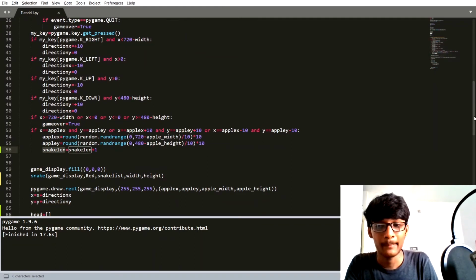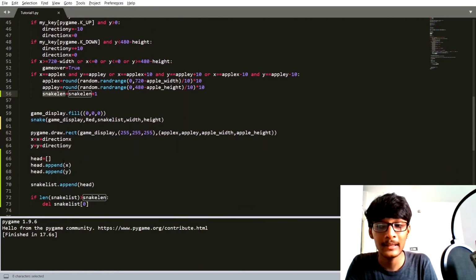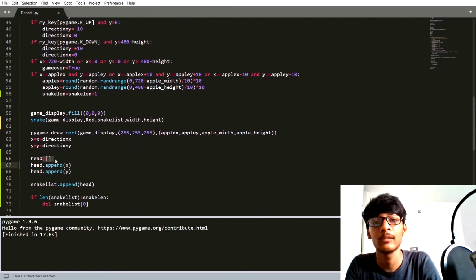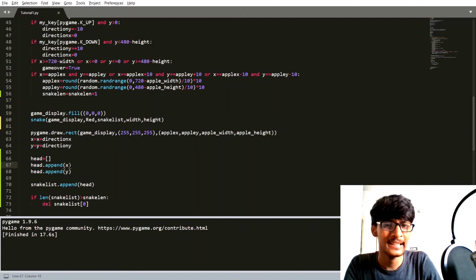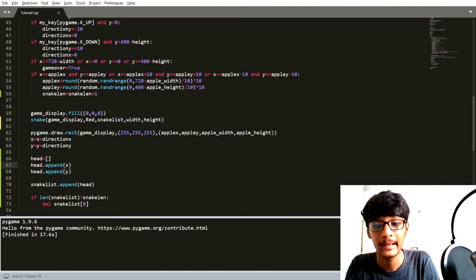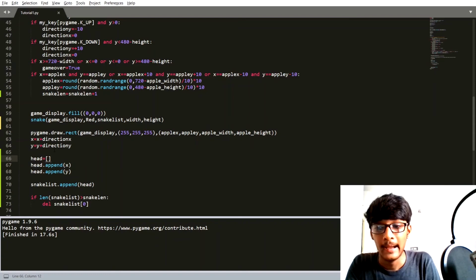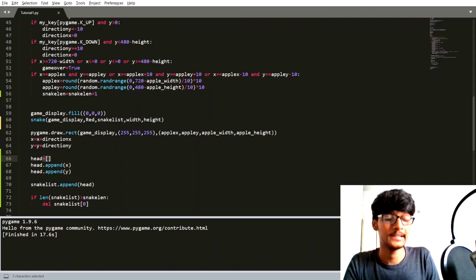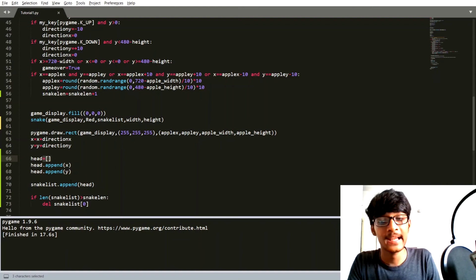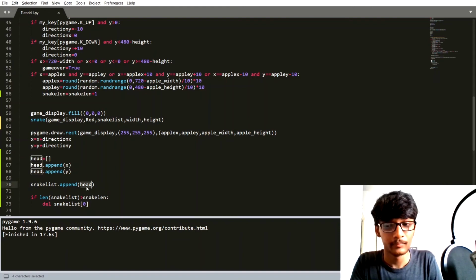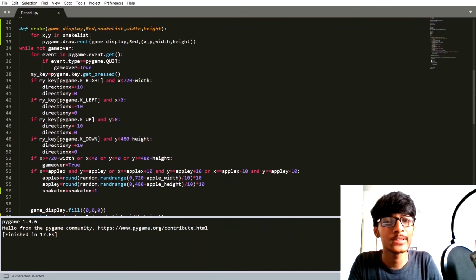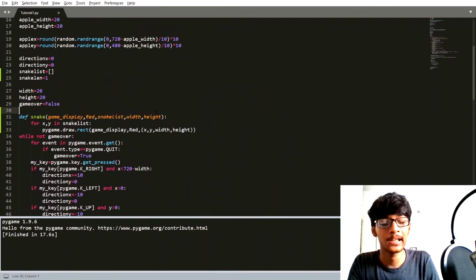After that we created one head list, an empty list, that is our first x and y coordinate. We are adding each x coordinate and y coordinate inside our head. After that we append that head list inside our snake list, and we use that snake list inside our snake function.